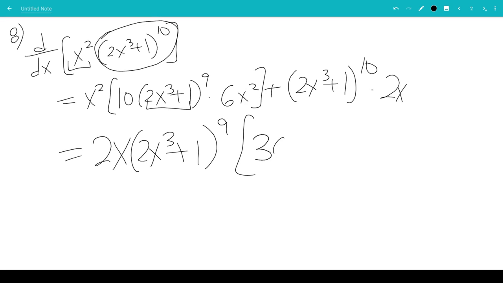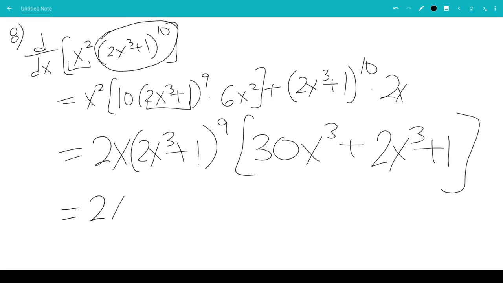Instead of 60, it'll be 30. And so this would be x to the 4th, so we have to factor out an x, so it would be x cubed, plus, so we factor out 2x,